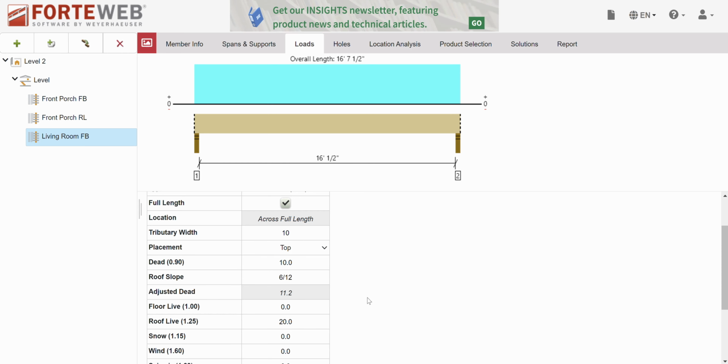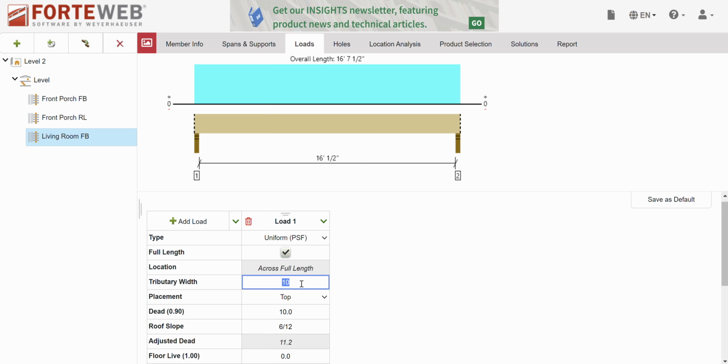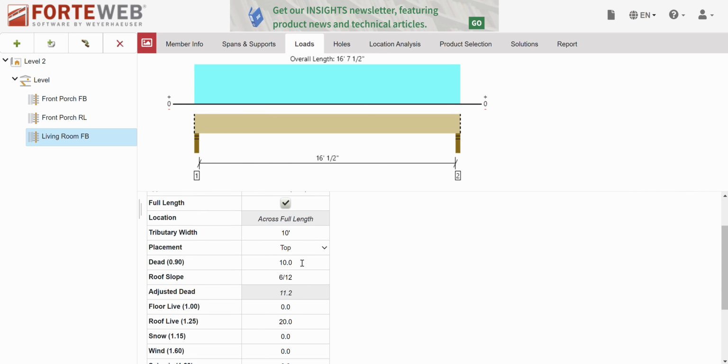10 feet, tributary width of roof. Okay, roof slope 6/12. Now there is a slight difference here, and that is that when we do a 10 and a 20 for a roof assembly, we're normally assuming